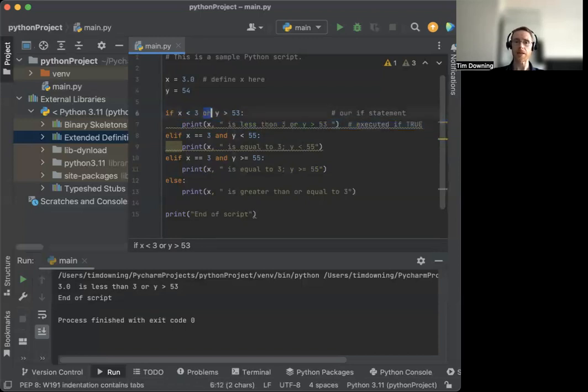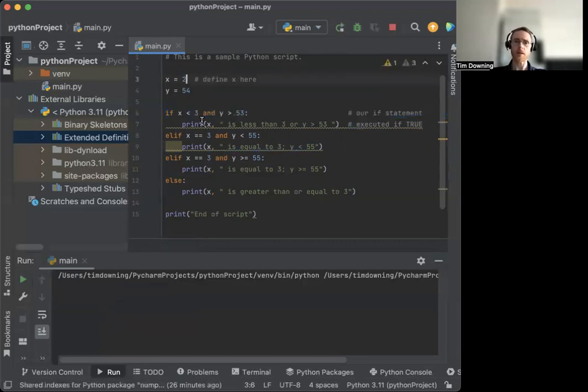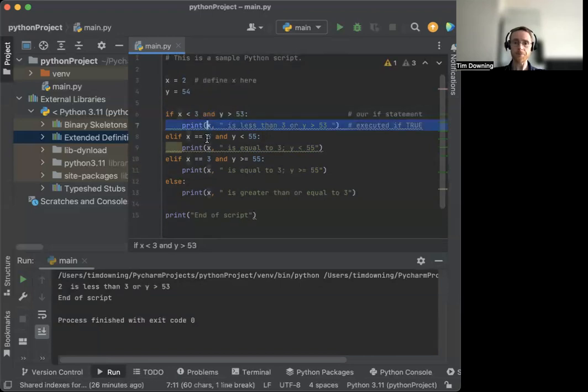If we change it to and, then both must be true. What happens now is that we go back to this statement here, because x is equal to 3, which is true, and y is less than 55, which is true. Our initial condition, x is not less than 3, even though y is greater than 53. So if we change x to be 2, now what we see is that line 7 is printed out because